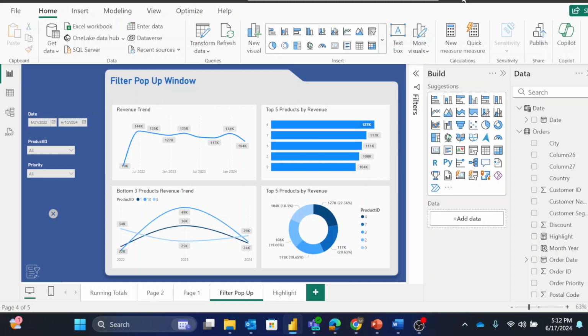Hi everyone, so today we are going to learn how to create a filter pop-up window in Power BI. When you have multiple slicers in your dashboard, if the user wants to check what filters have been applied on this page, they have to go to the filters and manually check. To avoid that, we can give them a filter pop-up window which has details of all the slicer selections that